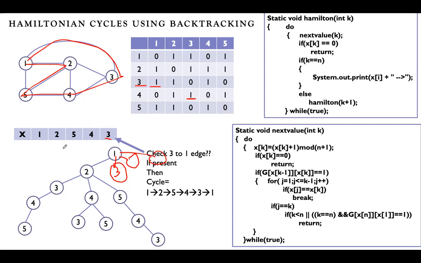That is, n-1 factorial times it will check for these position vertices. n-1 factorial is nothing but, n vertices are there, so 4 factorial times it will check for this combination. The tree will be very lengthy. You cannot keep tracking the tree, it will go very lengthy. Is it clear? To identify all the cycles, the tree will become very lengthy. So I'll just stop here. We have identified the 2 cycles for this given graph.